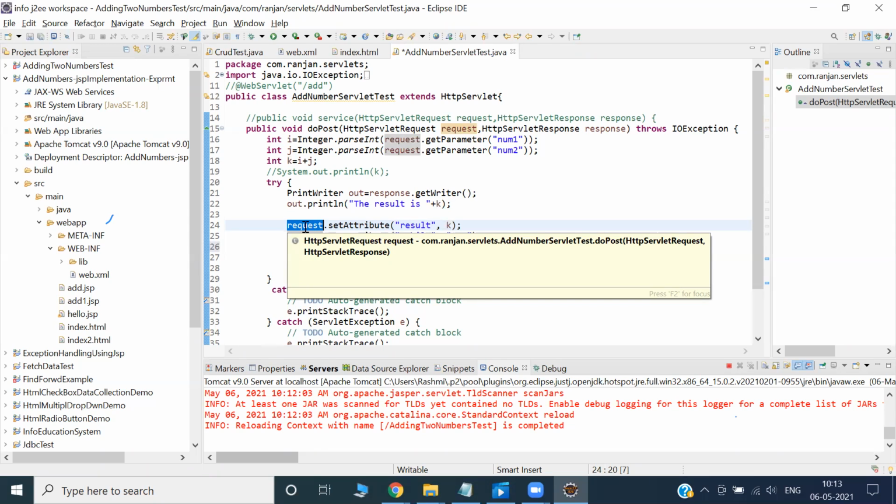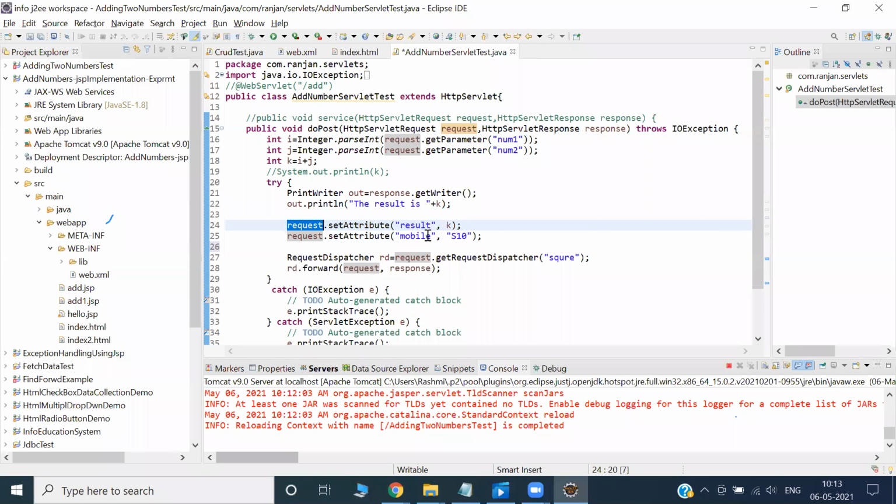Suppose you are interested, sir, how will we know that this S10 mobile phone is really transferred there or not? Then you can go and check there. We'll see that, right? So first we'll go from here to that place.